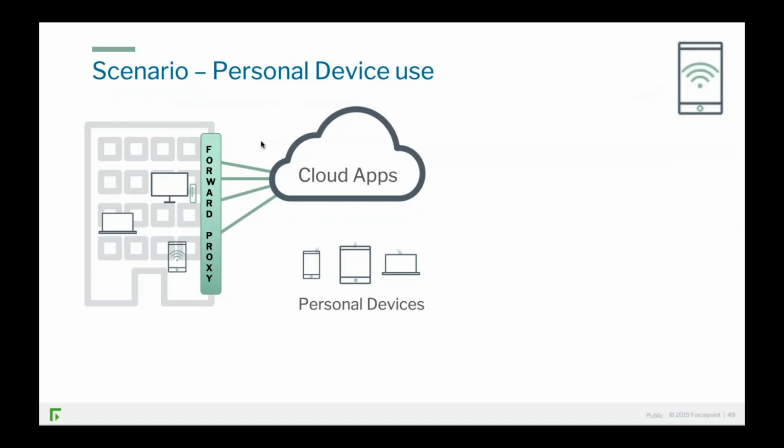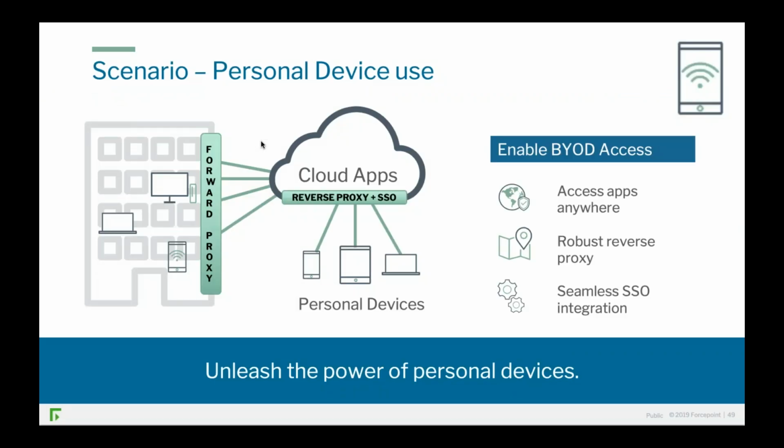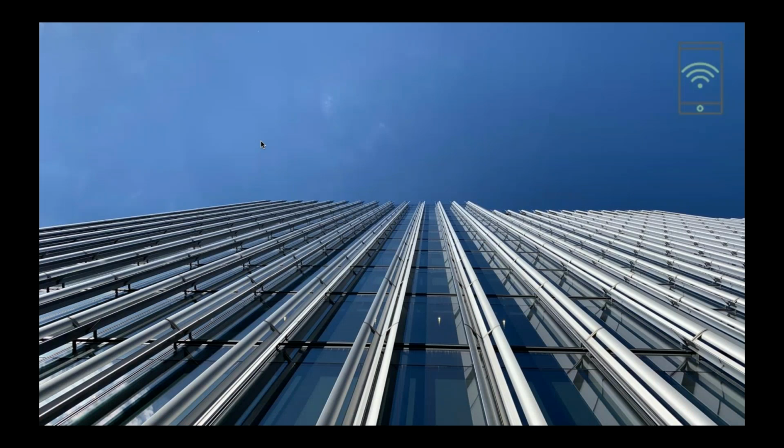Let's talk about personal use, unleashing the power of personal devices. I mentioned earlier the Deloitte breach. It's always a balance when you're trying to figure out what the right level of security is. Do you allow the users a lot of access, or does the focus go on security? Sometimes it's difficult to get it right, no matter how well you try. In this case, there were two things that were really not right. Number one, they were allowing unmanaged device access to Office 365. And number two, in the UK, according to the press, they were not enforcing two-factor authentication.